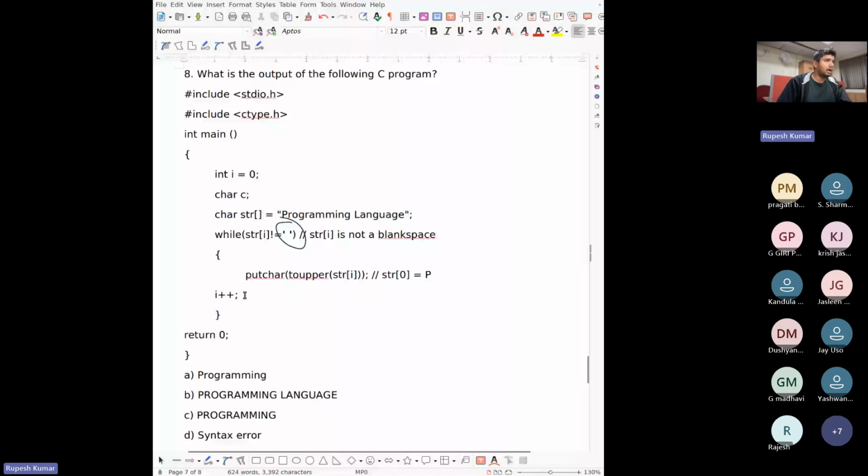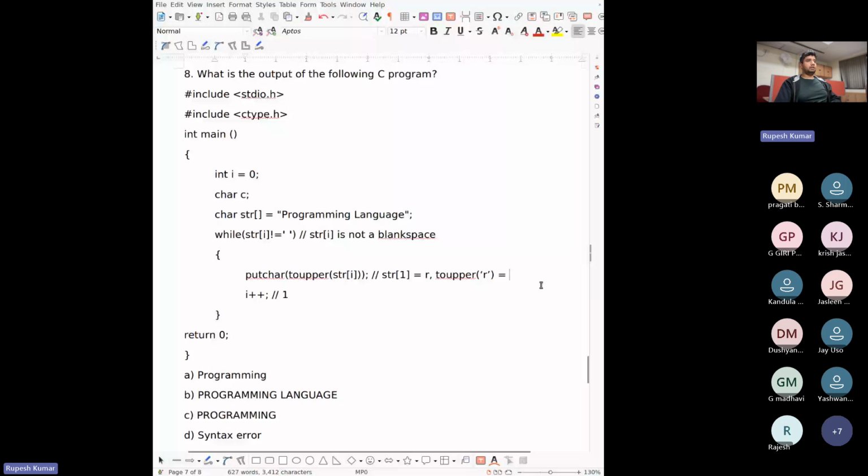Now when i is 1, what is the value of str at 1? str at 1 is basically r. Now what is the value of toupper of r?